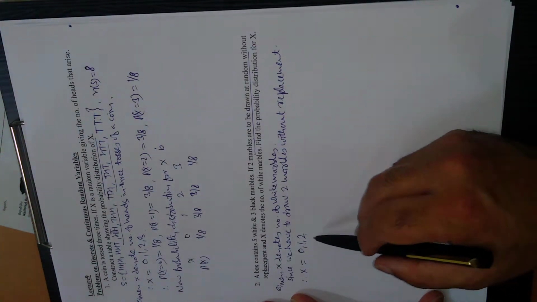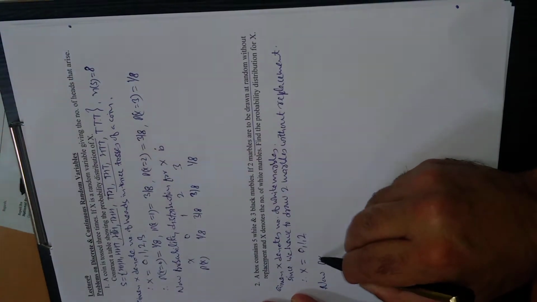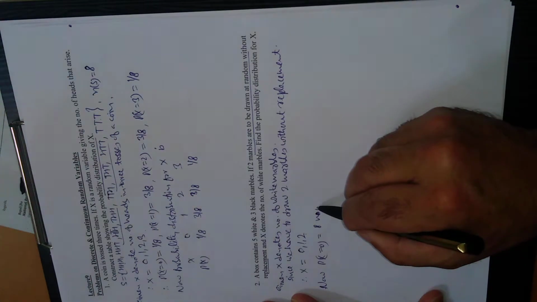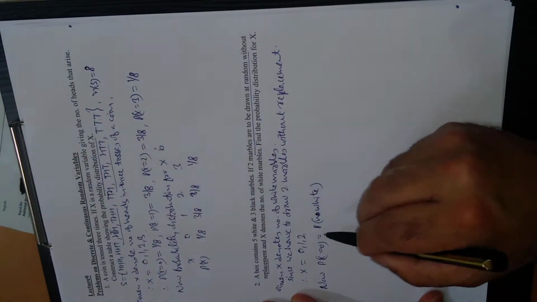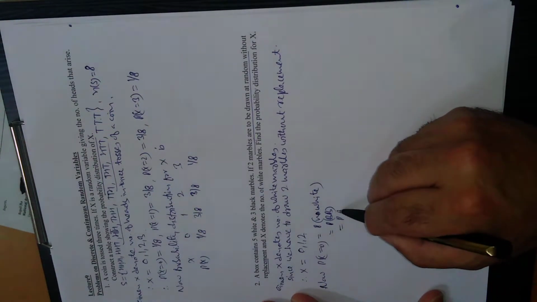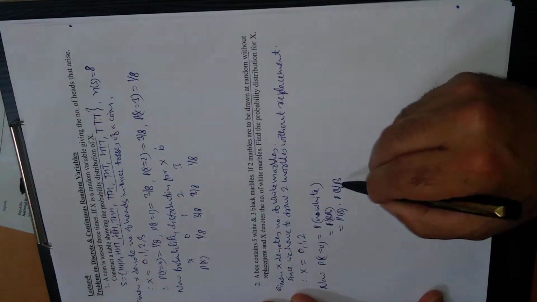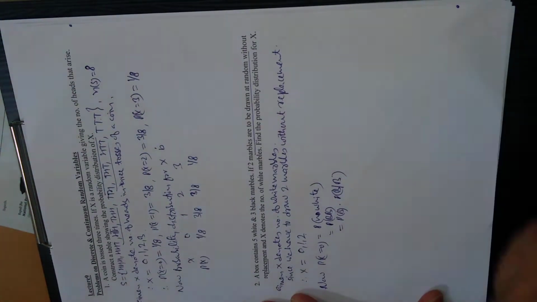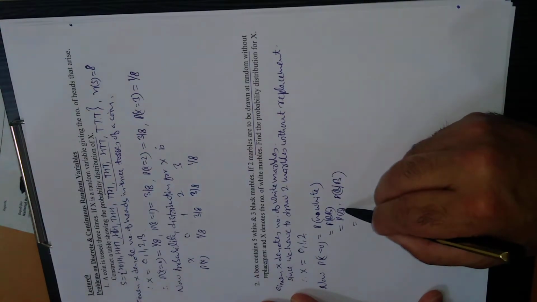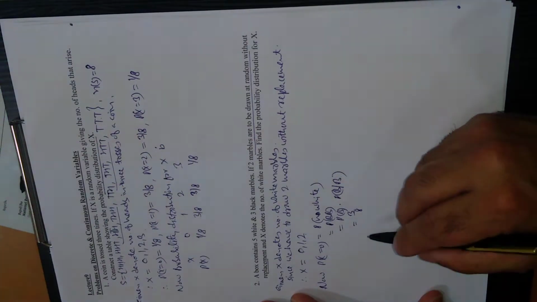Now we have to find the probability of each of these. Therefore now p of x is equal to 0. P of x is equal to 0 means p of no white. No white means both marbles are black, so this will be the probability of the first black marble into the probability of the second black marble when the first marble has already been drawn. There will be conditional probability. This probability will be affected by the first one. Probability of first black marble, favorable outcomes 3 and total outcomes are 8.